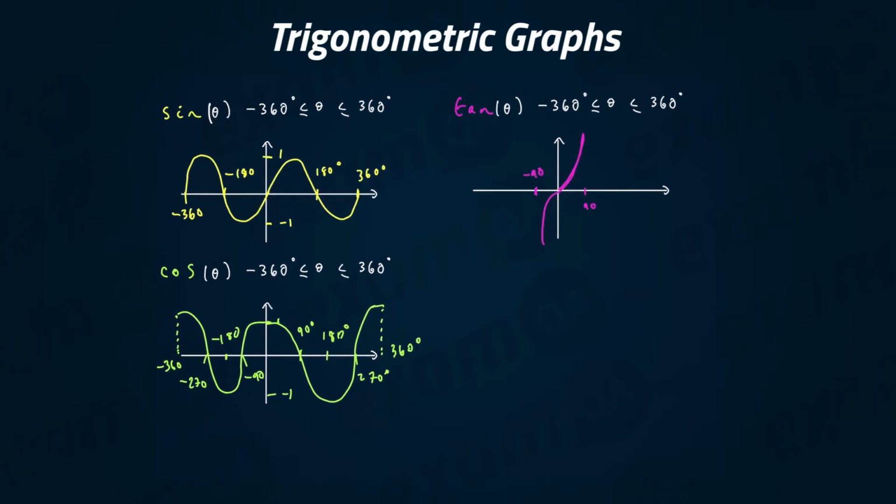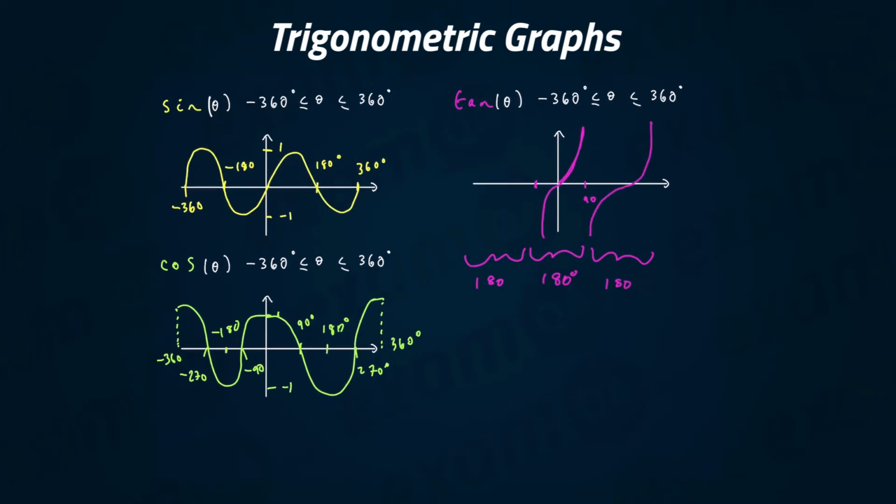So something to keep note of, tan always has a cycle of 180 degrees. That's the width of a tan, and it basically repeats every 180. So I'm going to draw another tan like that. That's going to be negative 90,